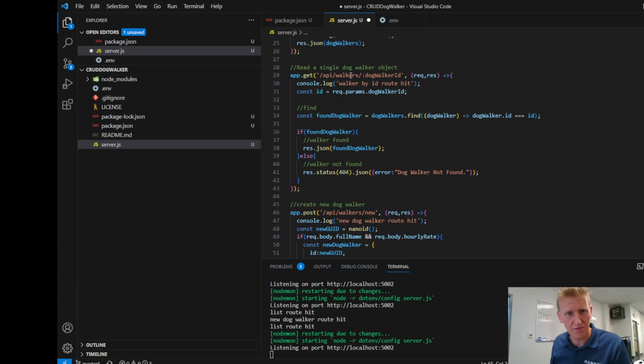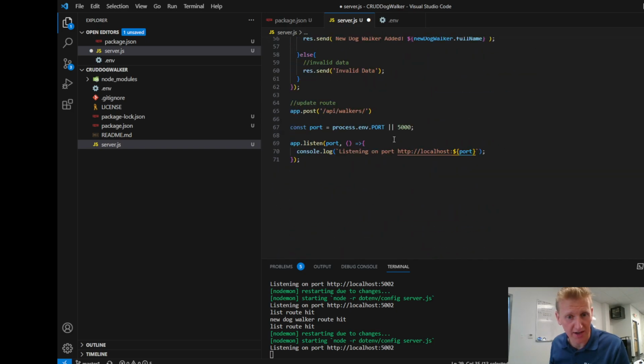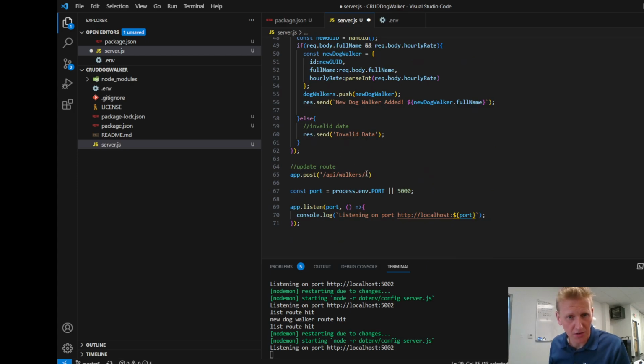We already have this route for the walker ID. On a post. No, we don't. We have it on a get, right? So this is a get with an ID. So let's do a post with an ID. So if we do colon dog walker ID,